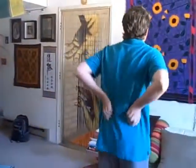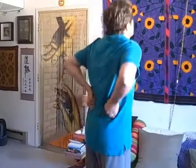He can tap along his belly. You can take your hands into loose fists and you can rub your kidneys. Okay, and that feels really good. And you can stay at any part of the body that feels like you need to spend a little more time. Every day is going to be different. So it's a great way to get in touch with your body too. Right now what he's doing is he's taking a loose fist and he's tapping up and down his arm. That's a great way to help break up stagnation and stimulate